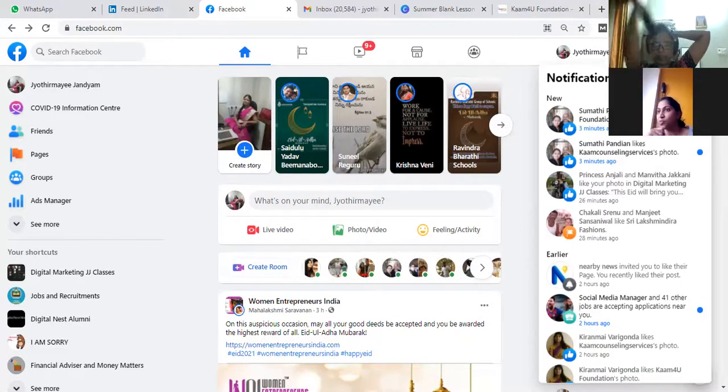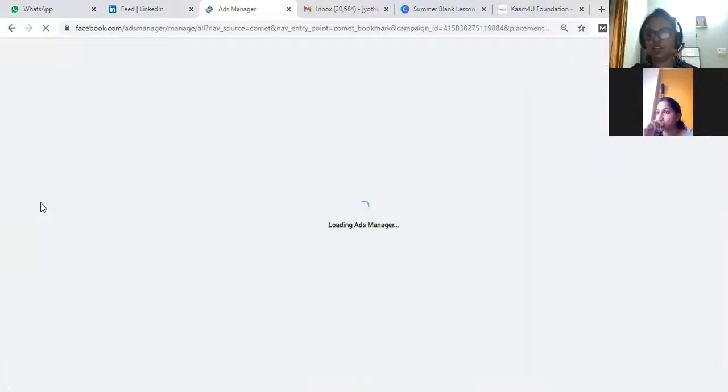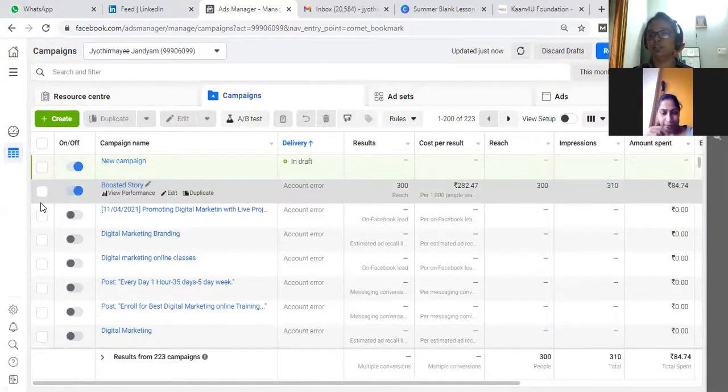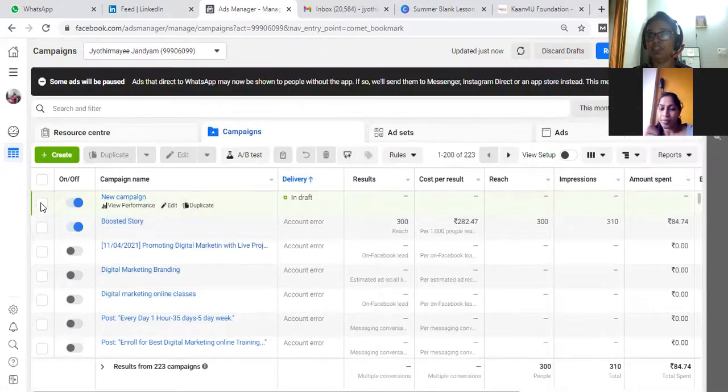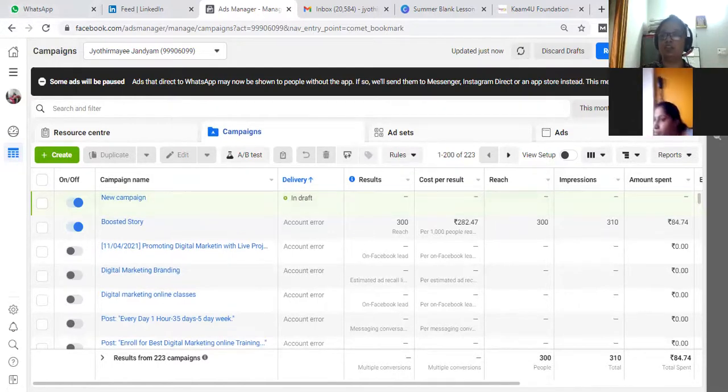Can you open that Ads Manager link? Okay. So when you open that Ads Manager, generally what happens, Ranjana, when you hire an agency, they will take an amount from you, 2000, 5000, and they will add that amount to the Ads Manager. But sometimes they will charge you 5000 and add only 3000, 4000. You can't track how much they have added. That is why I'm showing you, you should add the amount for your marketing yourself.